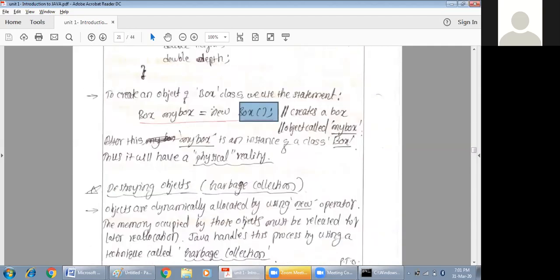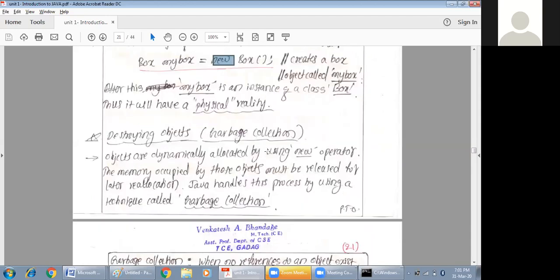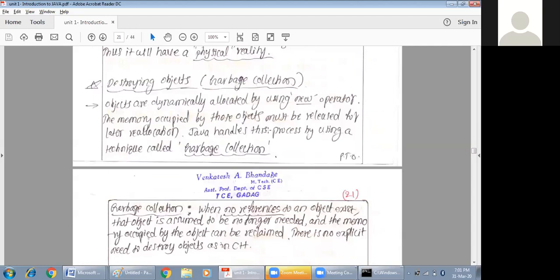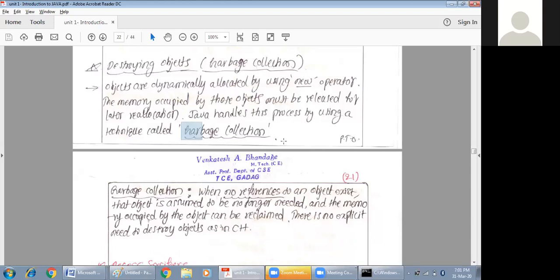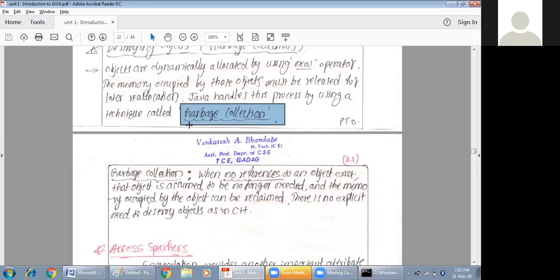Destroying, how can we destroy? Just as new allocates, delete is an operator used in C++. But in Java, there is something called garbage collection, which is done automatically. If you forget to deallocate memory of some of the objects, garbage collection will take away the memory of all the objects automatically.